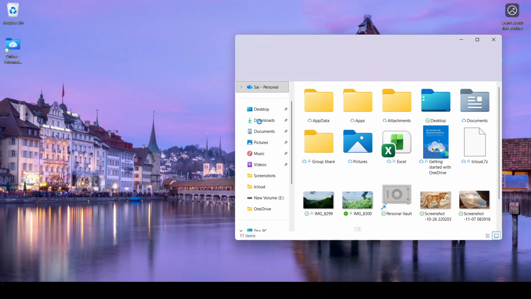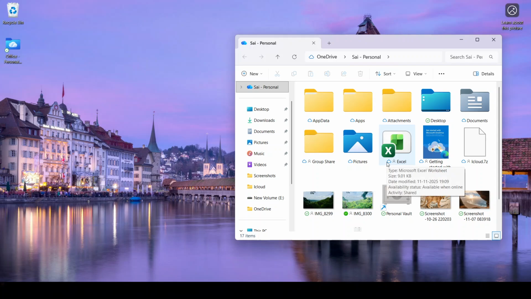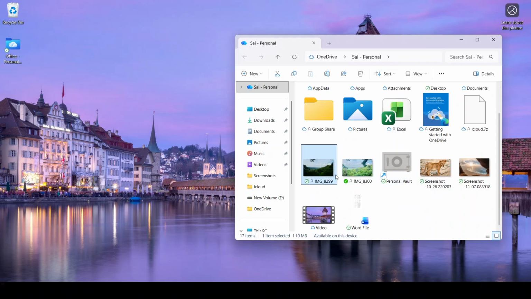Unlike the mobile process, here you can use your mouse to click and select either individual files or entire folders. You can also hold down the Control key while clicking to select multiple files at once. After your files are selected, you can either right-click to bring up a context menu or go to the top of the window for the delete option. Choose delete, and much like the mobile version, the items will first go to the recycle bin rather than being